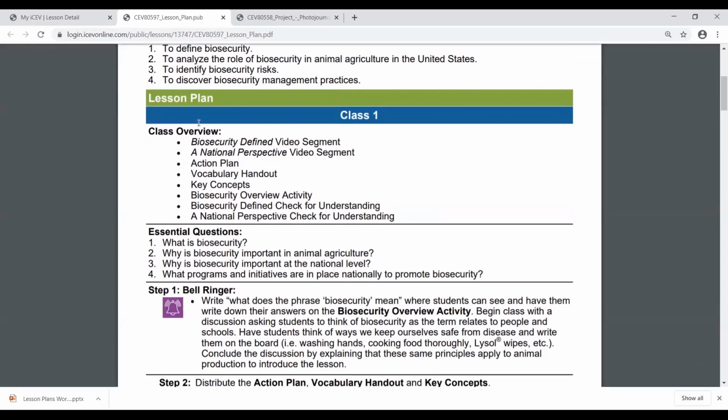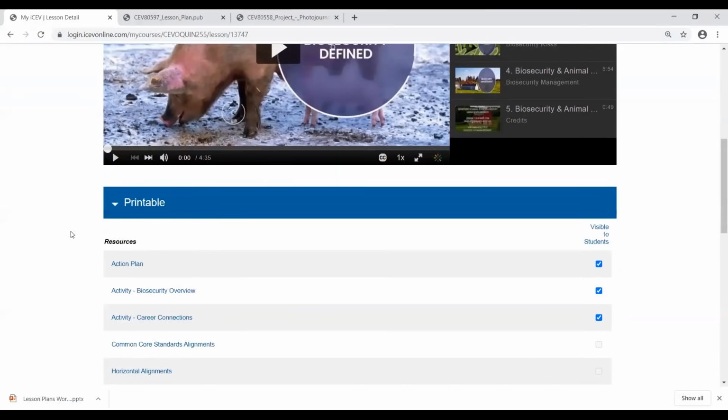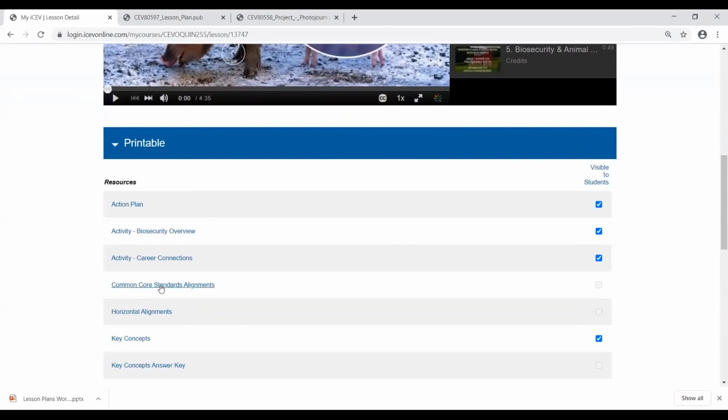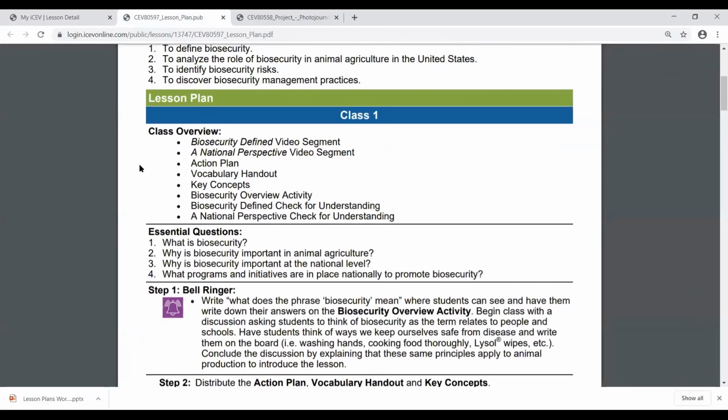So if you're still looking for the horizontal alignment or the common core pieces, if you go back out to the lesson page, beneath this printable heading, here's your common core standards and here's your horizontal alignment. So those still exist. Those are just not on the lesson plan. That's going to help cut down on the number of pages that the lesson plan is in case you're printing those out, and really just give us a little more room to really go in depth and show you all